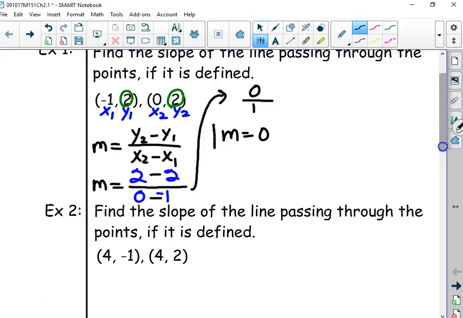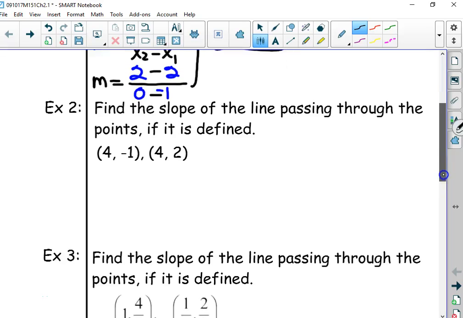All right, on to 2. We're going to find the slope of the line passing through the points if it's defined. What this is stating is that if we have some number, any number, and we're dividing by 0, remember, under the line is undefined. So a 0 under the line will always be undefined. Doesn't matter what's in the numerator. So if we get a 0, then we do something else with it. All right, so